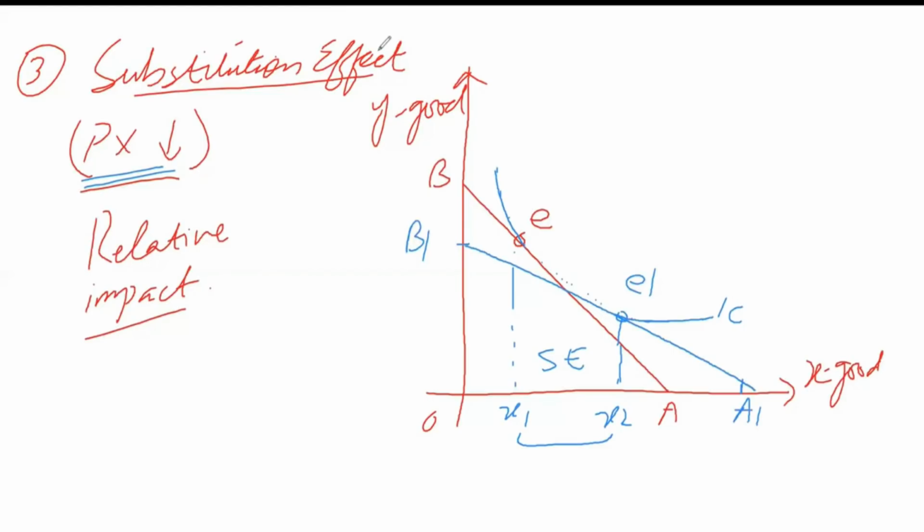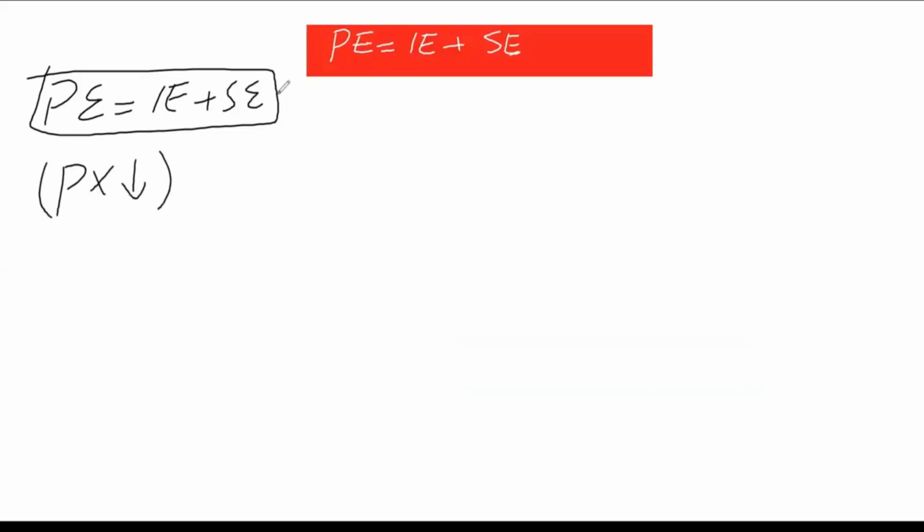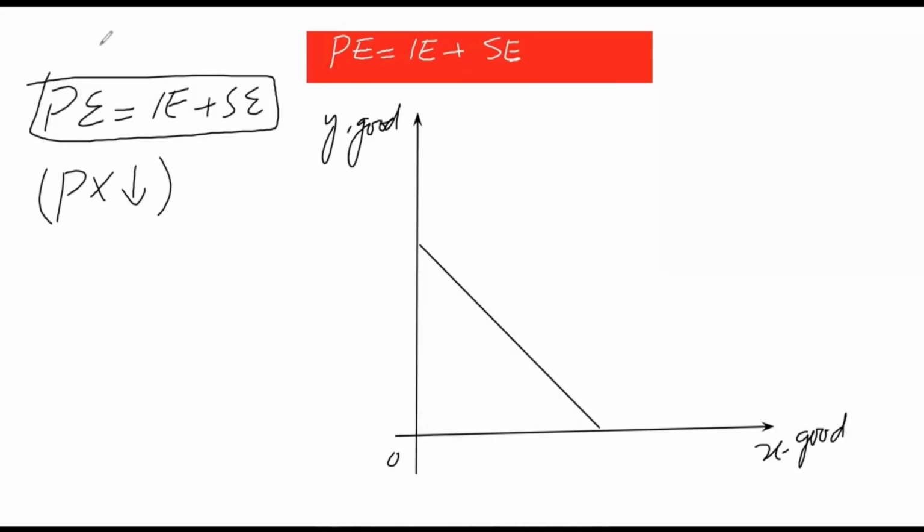Now next we have to prove that price effect is equal to substitution effect plus income effect, and we suppose that there is fall in price of X. Draw a basic graph, and the budget line is AB. Initial equilibrium, let's say, is at point E, and we draw a part of an indifference curve, not the complete IC curve, and we can see that X1 quantity of X good is purchased by the consumer. Let's say it is 5 units of X.